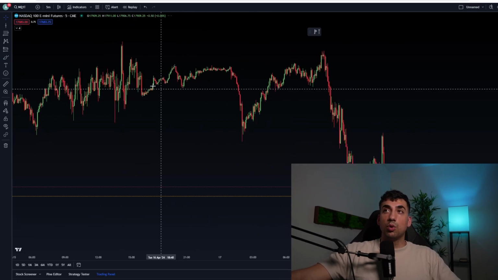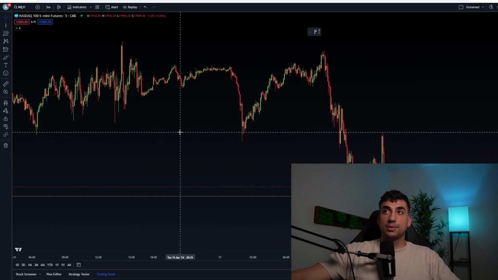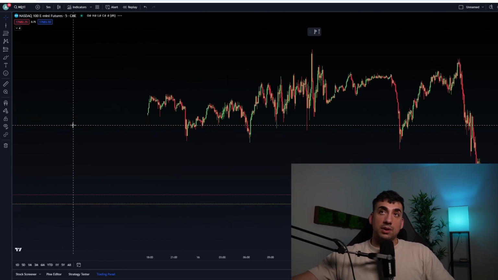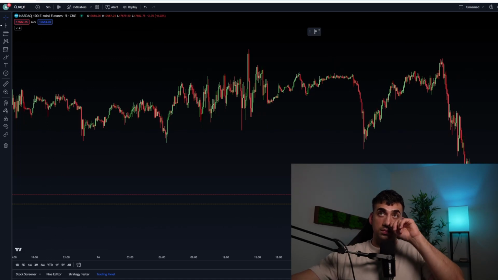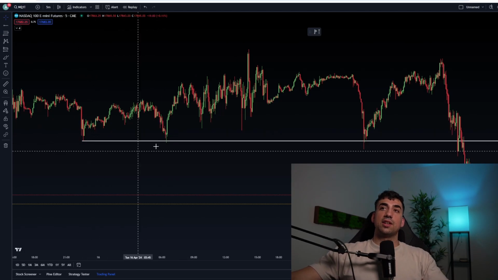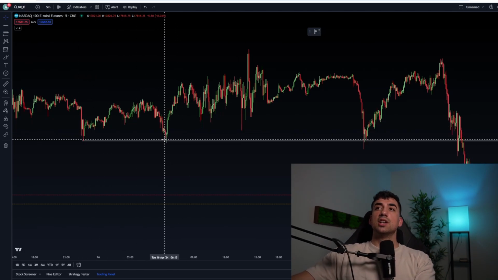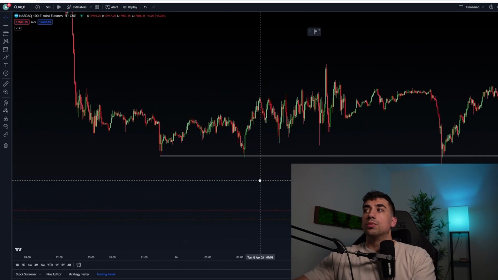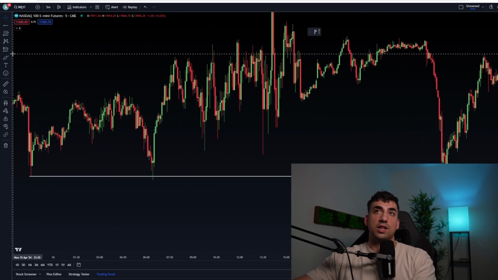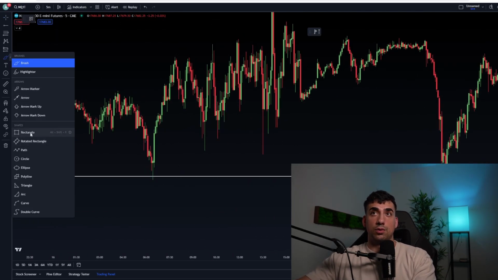Another thing that's very important, combining fair value gaps with liquidity can be a very powerful tool, right? I'll give you an example. You see this low gets taken out on the 5-minute. We also had SMT divergence with ES, so ES held the new low when we made this. So you take out this liquidity, what do you form here? Strong move up forms a fair value gap. Now this fair value gap is even more powerful because you